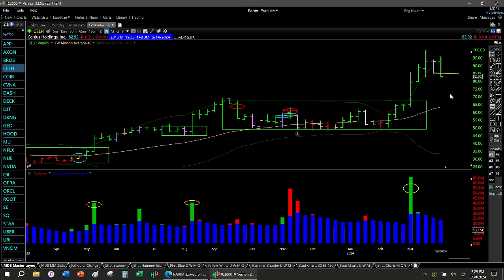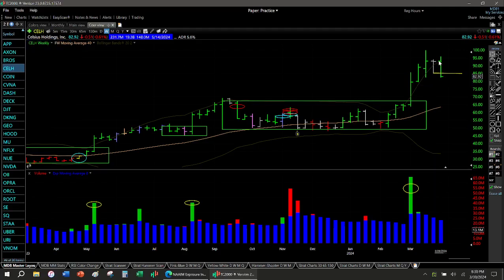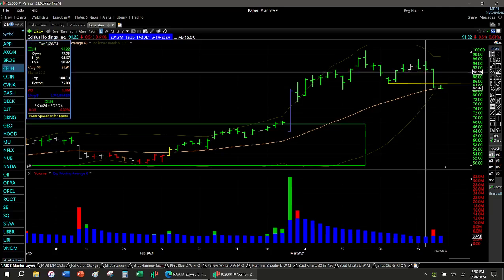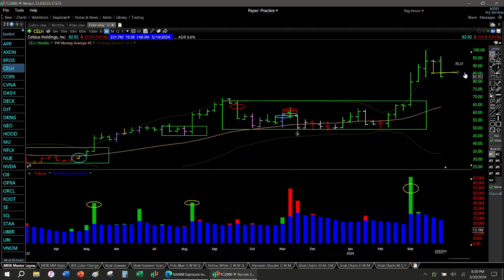This one. Last week, inside bar, perfect example of a signal and then a trigger. Here's your inside bar signal. What did price do? Oh, let's see, roughly there. Price went up. Look at that. They start to sell, sell, sell, and now that would have triggered. I think I would have sold out completely if I had bought this breakout. Take the money, broke out at 67. It's at 80, 85, 84. You'd have a nice gain, and you'd be out, because if this one starts giving it up, then you'll be kicking yourself